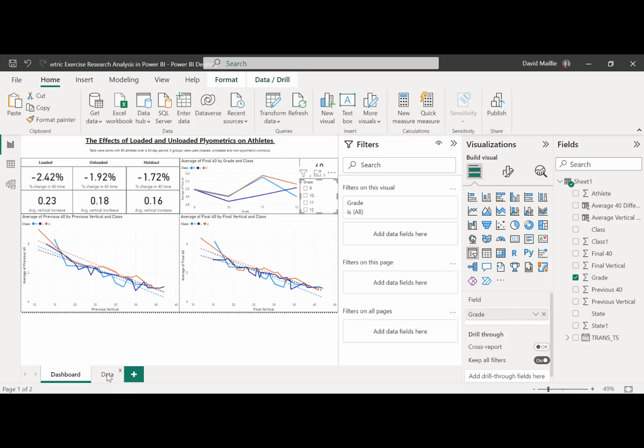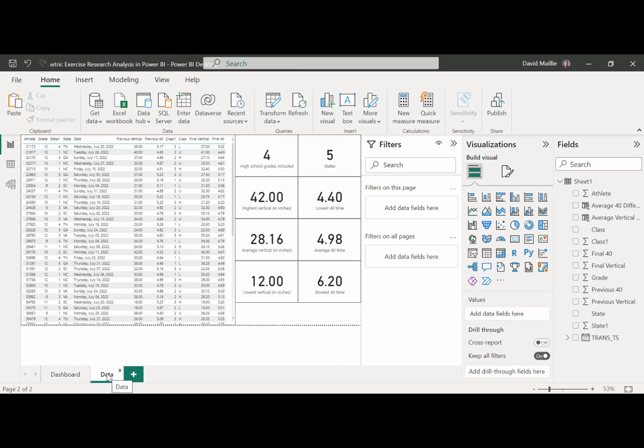So let's go to the data page. I've got two pages here, dashboard and data. The data page shows exactly what the data looks like. Every column, it's not a whole lot of data. It's all listed right here on the right. And I've only added these two columns here, average 40 and average vertical. What that means is the vertical is your vertical jump. The 40 is your 40-yard dash. It's a good measure for how explosive and powerful or fast an athlete is for basketball, football, soccer, and many